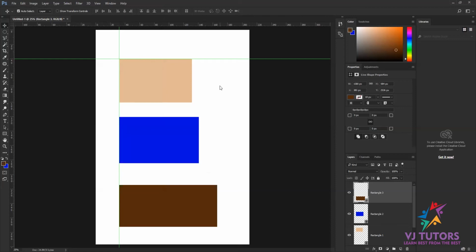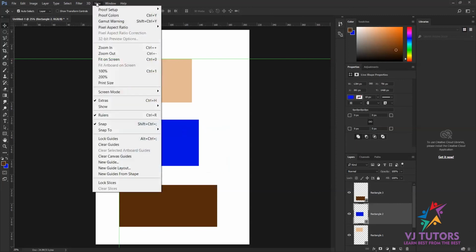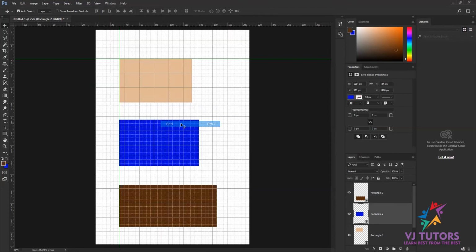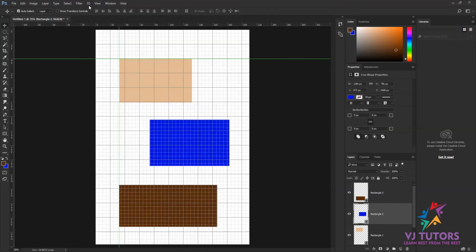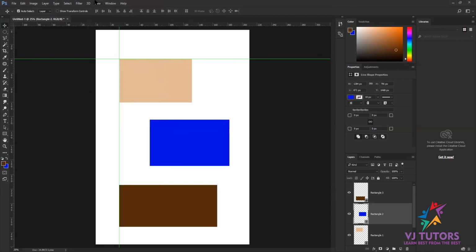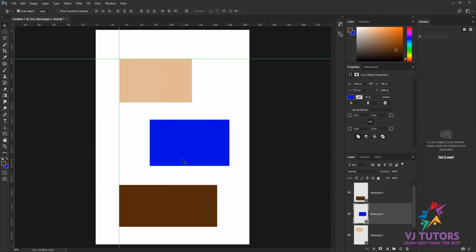Now we have two types of guides. The first one is the normal guide, which is like this, and the second is the smart guides. Now what exactly is a smart guide? I go to View, I go to Show, and in Show we have the Smart Guides option. If my smart guides are on, then I don't require these guides.